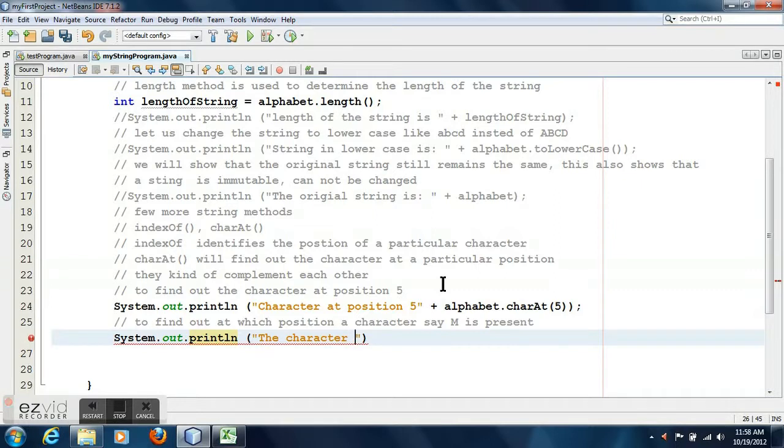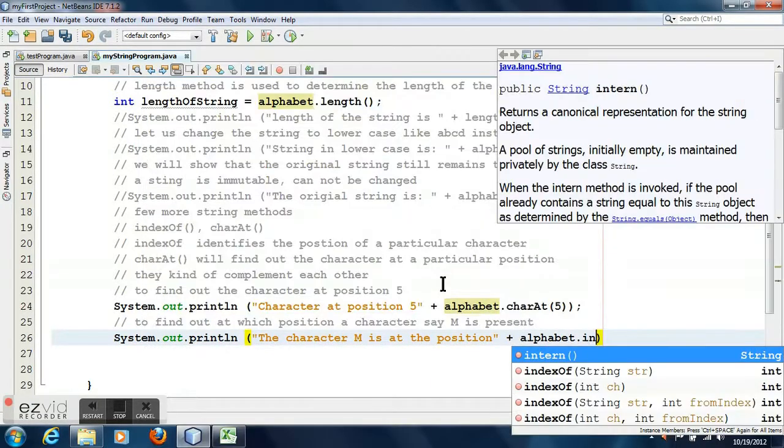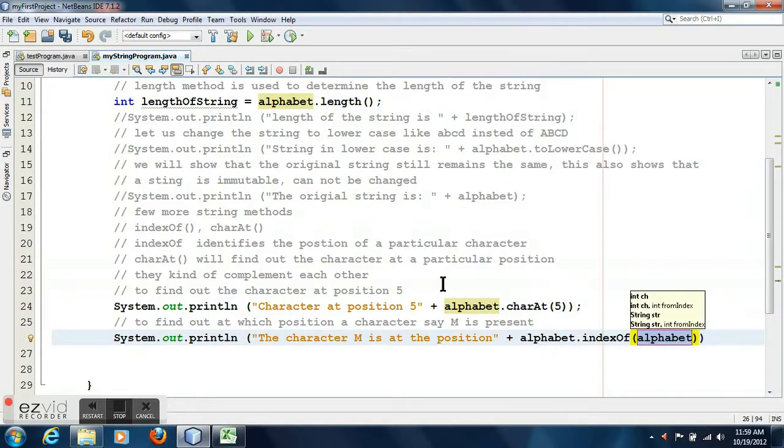I want to find out the index position of the character M. Suppose the position of the character A is 0, and the position of character C is 2. Again the object is alphabet and the method is indexOf, and as a parameter I will pass the character M.